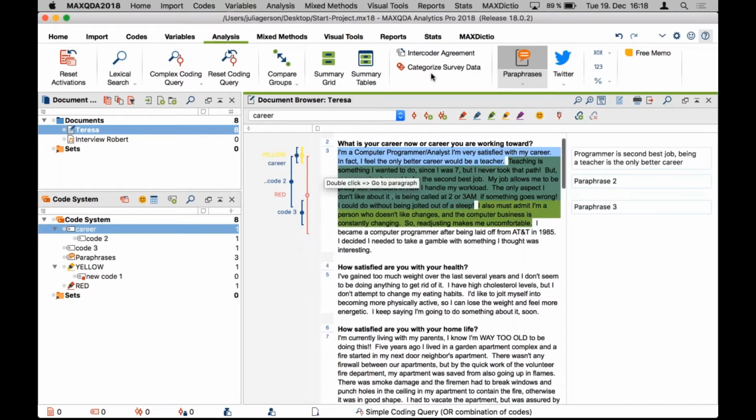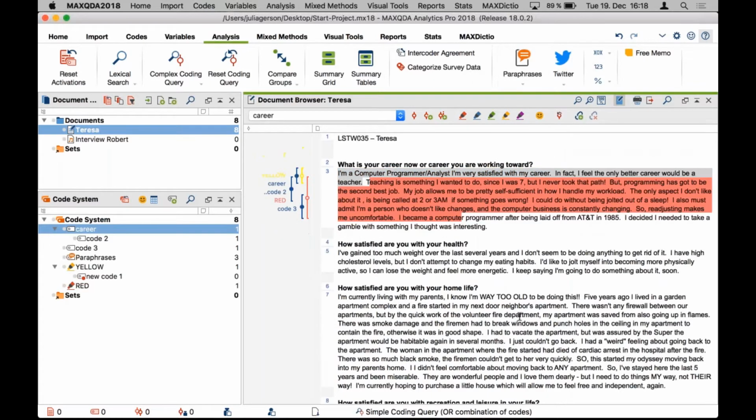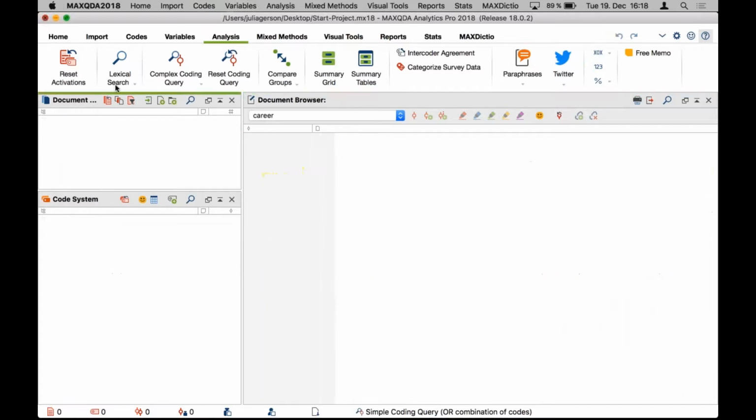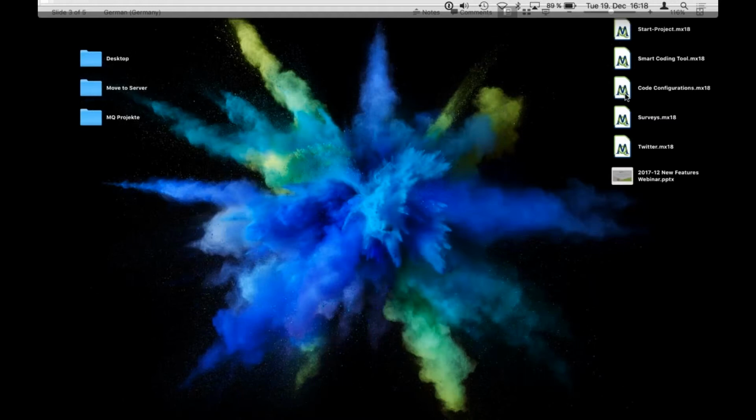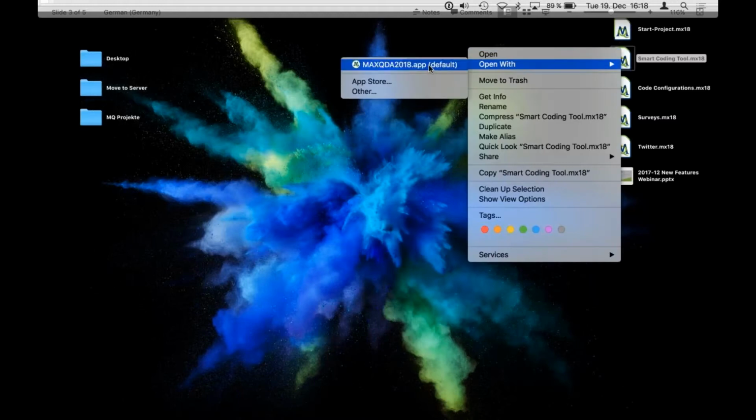Okay. And then if I deactivate paraphrase mode, my paraphrases are gone, and I can go back to the completely regular coding and use my category system in the usual way. Okay. Now I'm going to close this project and open a different one that has a little more data in it already,